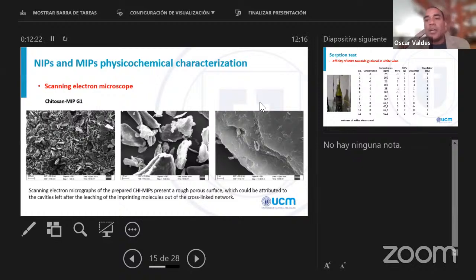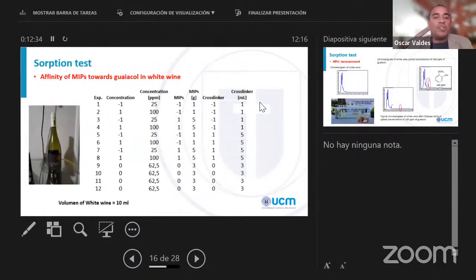Una vez tenidos los dos materiales sintetizados de carácter ácido, procedimos a conocer cuál era la afinidad de estos materiales selectivamente por el guayacol. Para esto, ¿qué fue lo que hicimos? Hicimos un diseño experimental donde cogimos un vino blanco, lo dopamos con 100 ppm, 25 ppm y 62.5 ppm de guayacol, y además de eso